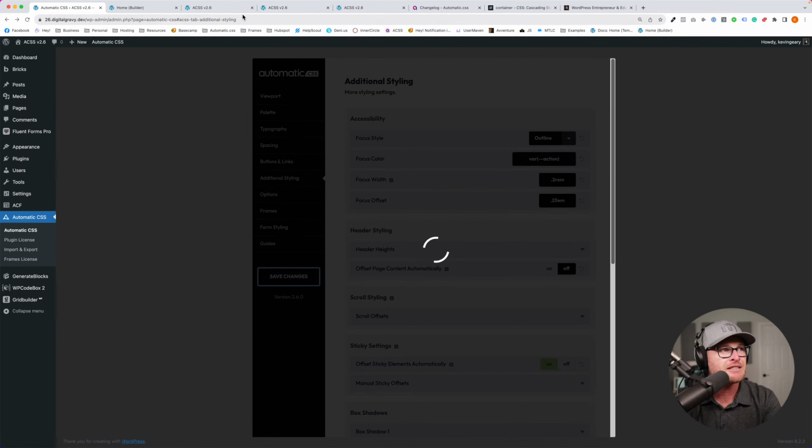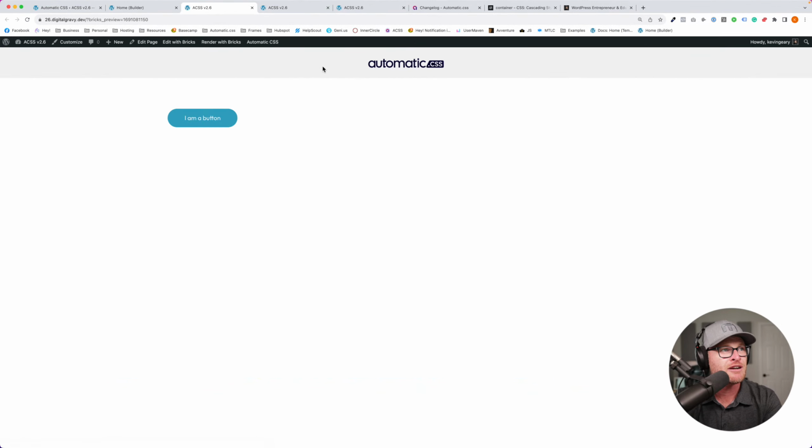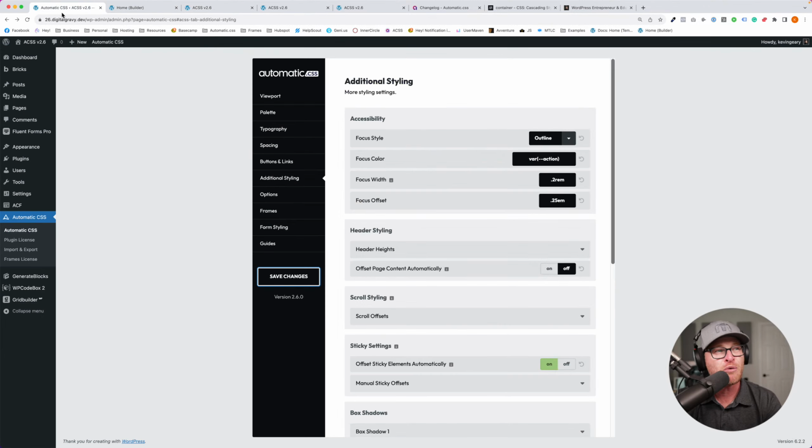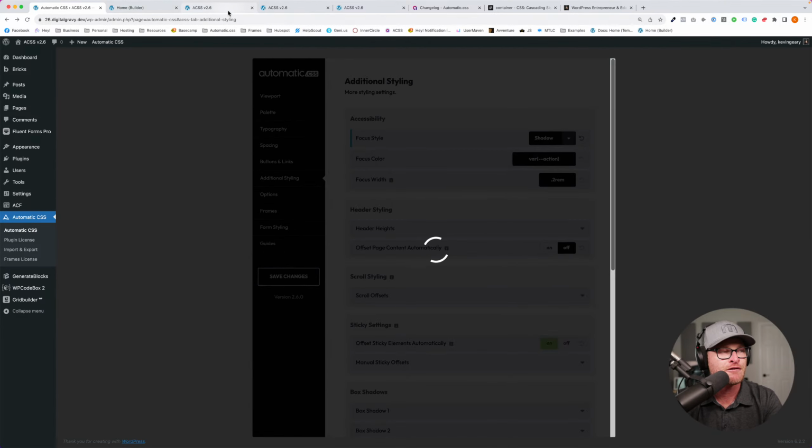So I'll just change that to outline as my default focus style. And this used to be the default in Automatic CSS. Actually it's doing it here. I think it's browser based. So some browsers, you're going to get a square around it. Chrome is always on the cutting edge, right? But a lot of browsers, you'll get a square outline around that element. And it's really ugly to have a square box around a pill button. The box shadow will ensure that it conforms.